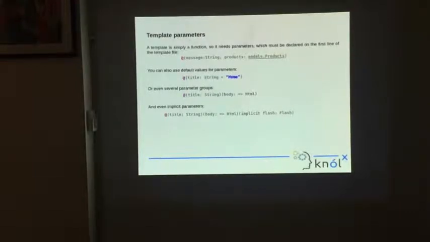Template parameters. Like a normal Scala function, you can provide template parameters. You can provide parameters in different ways. Here we provide a message which is of type string and products like products or case class. You can also use default value for parameters, like head is string, home is a default value,